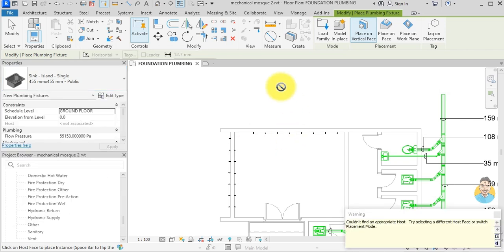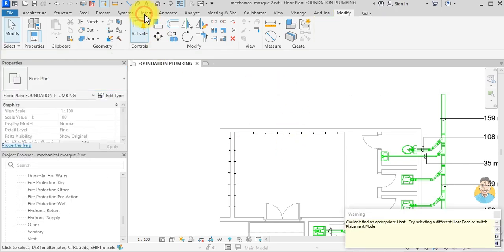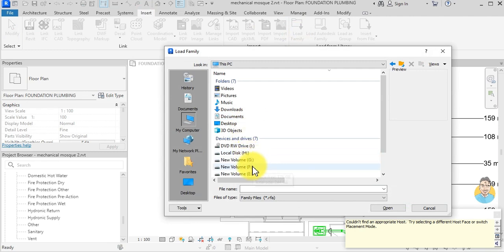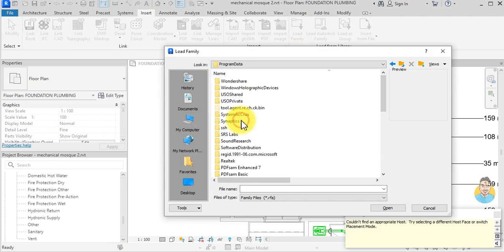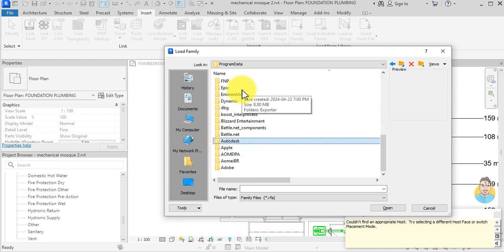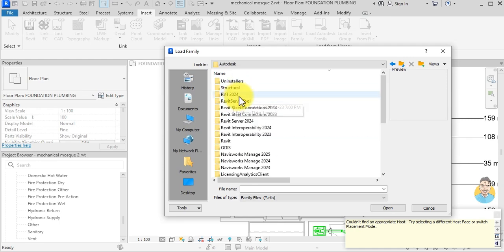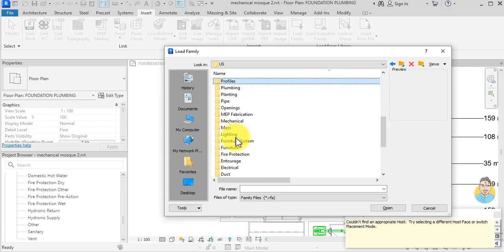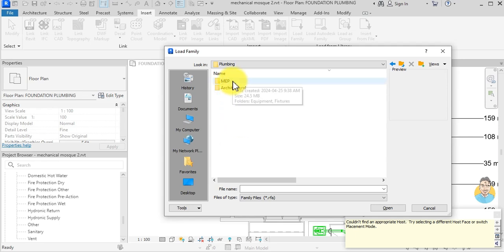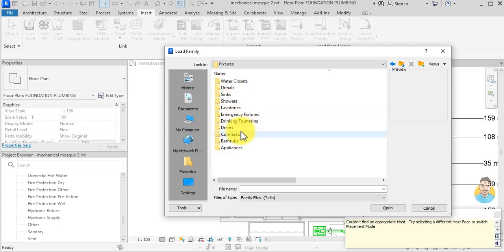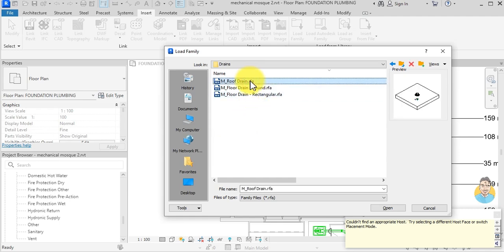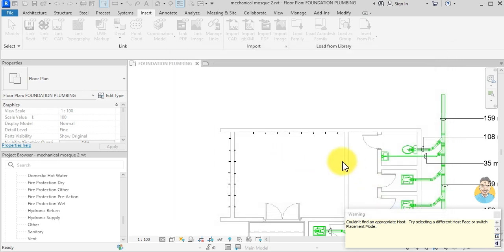So I can go to Insert, Load Family, and search in my computer, then see ProgramData. Sometimes it's hidden. Autodesk, RVT 2024, Libraries, English US, and I search for Plumbing, MEP, Fixtures, Drains, Floor Drain Round. So I click on this one